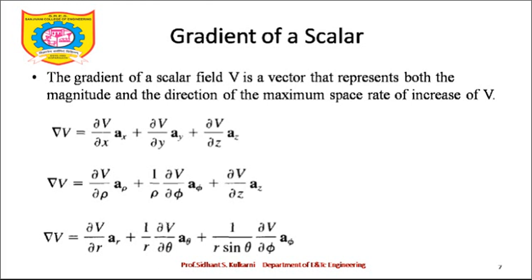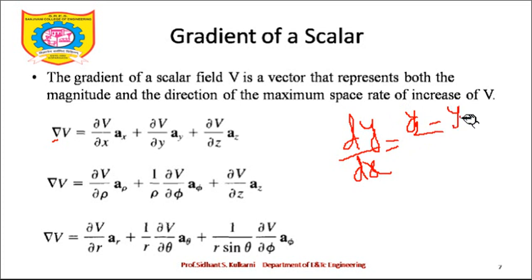What is this Del operator? Del operator is a differentiation operator. Differentiation is denoted by, let's say, dy/dx. So it is a rate of change of y with respect to x. If I want to represent it in a formula, I will write (y2 minus y1) divided by (x2 minus x1). Any doubt about this? So dy/dx is equal to (y2 minus y1) upon (x2 minus x1).